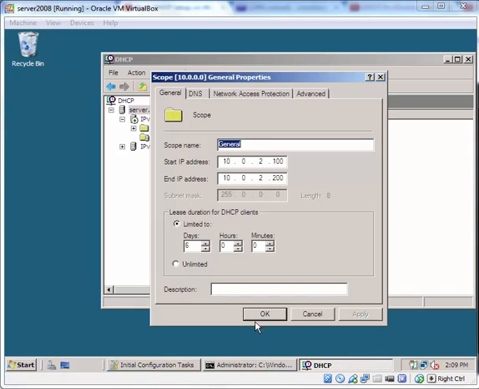So if you have a lot of permanent client computers that never move, you could probably set this up to 30 days, maybe more. But if you have a lot of temporary clients that come in and out, you might want to set this down to maybe hours or days, so that all your IP addresses don't get used up. And I'm going to leave this as it is, and at the